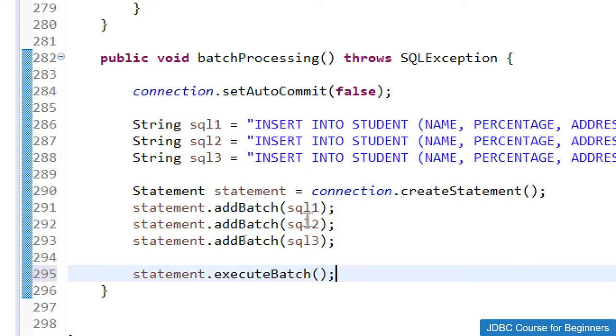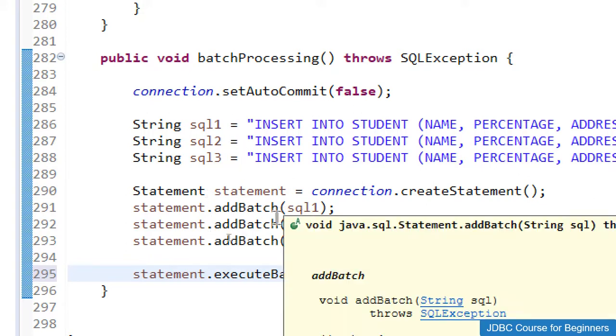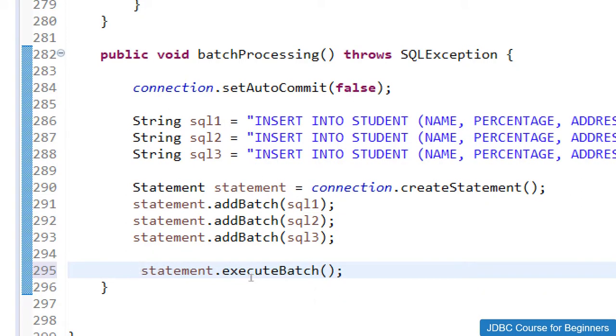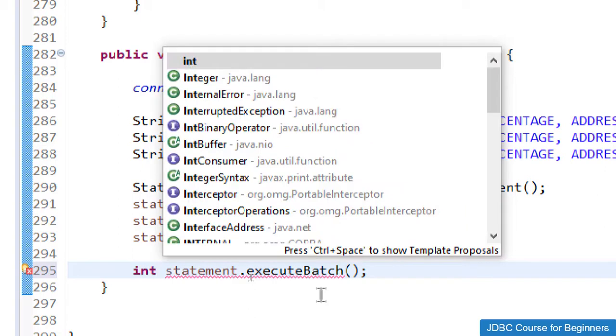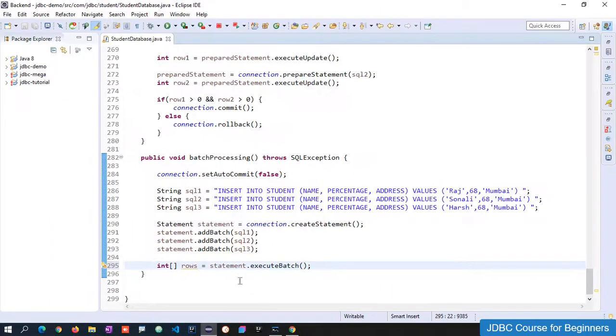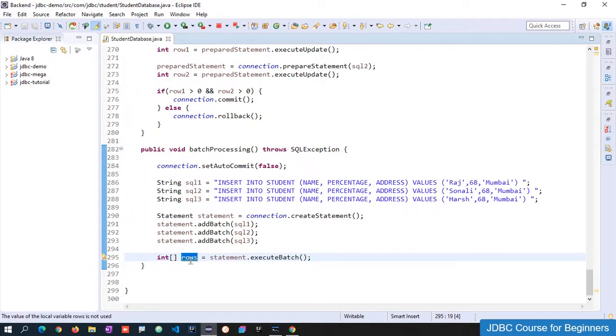So the first query will affect a number of rows, the second query will affect a number of rows, and the third query will affect a number of rows. So it is an array of integers, and it will return me that particular array of integers. So let me save that one as well, integer array rows, like this. And now we have the results in this rows integer array.